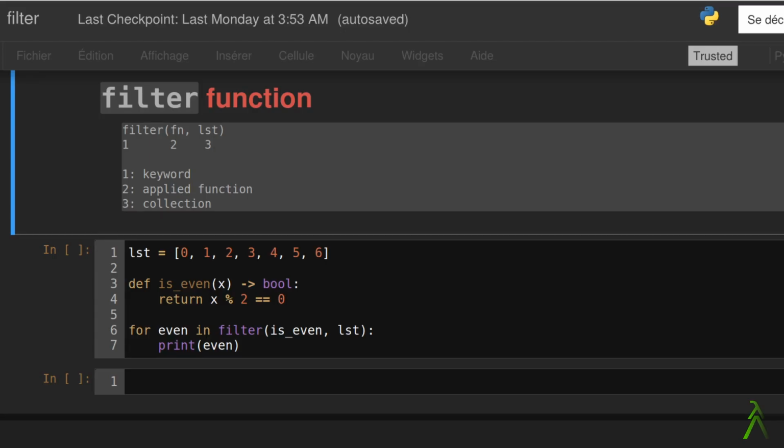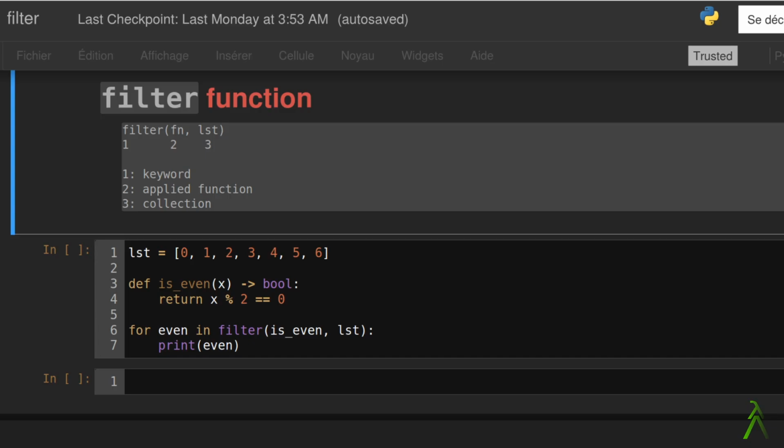This is Cam speaking. This video is a part of a series about built-in functions and statements in Python. Today we are going to cover briefly the filter function. When do I use it? I use the filter function when I have a collection and I want to filter out certain elements of that collection.